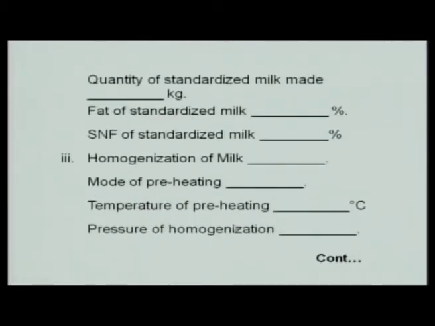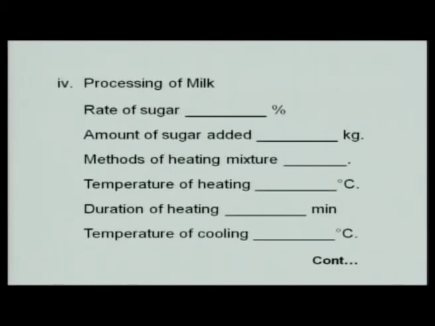Then fat of standardized milk, acid of standardized milk, then homogenization temperature, time, mode, these are also to be given. Then processing of milk, that is what is the level and amount of sugar, how it has been heated, then temperature of heating, duration of heating and temperature of cooling also